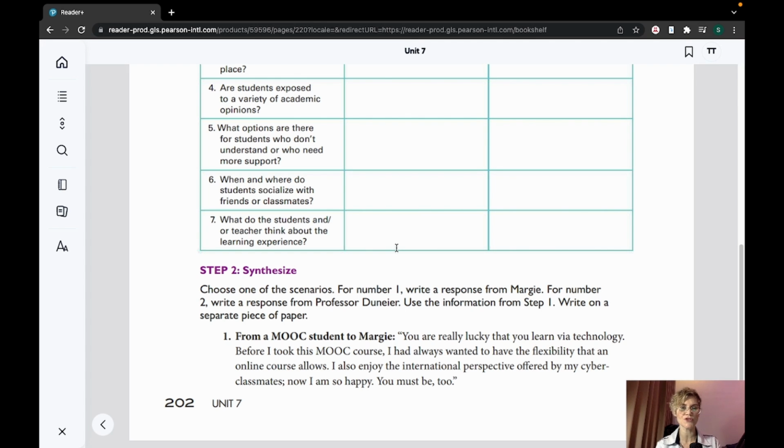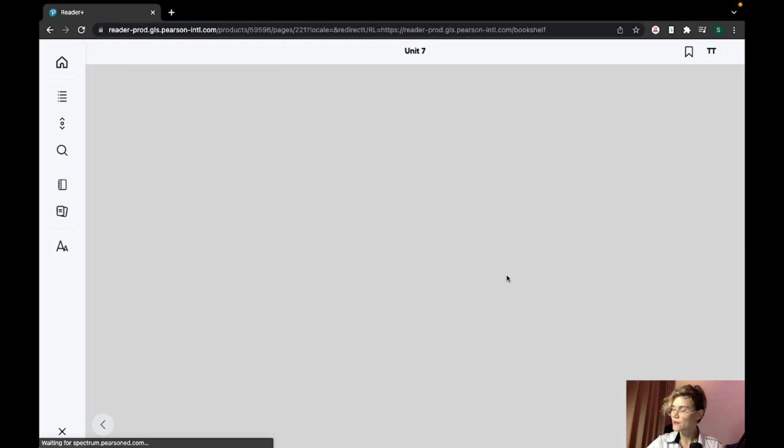So basically what you're doing in number 1, from an MOOC student to Margie, it says here, you're really lucky that you learn via technology. Before I took the MOOC course, I had always wanted to have the flexibility that an online course allows. I also enjoy the international perspective offered by my cyber classmates now. I am so happy, you must be too. Number 2,